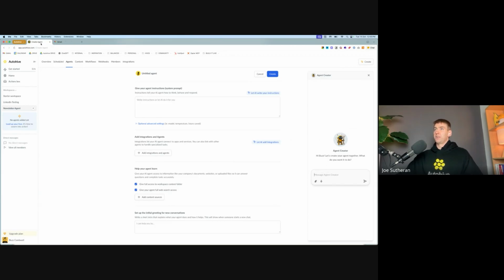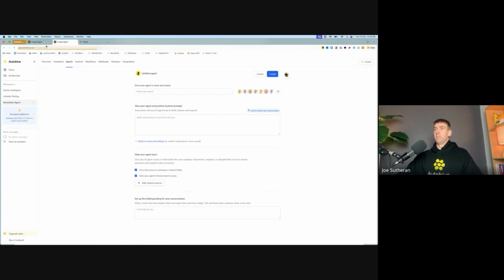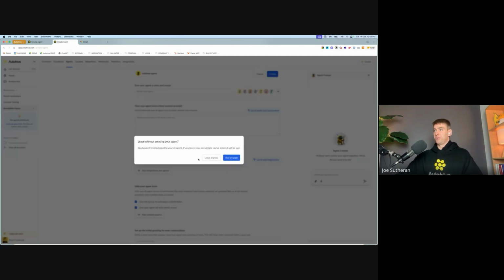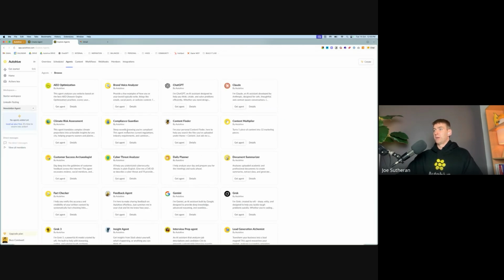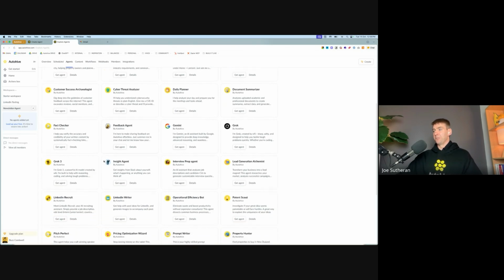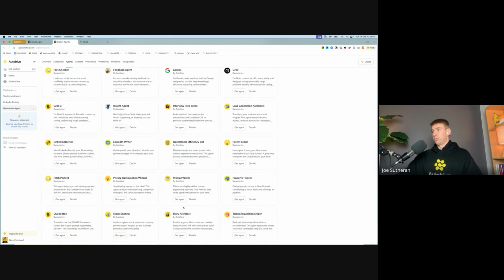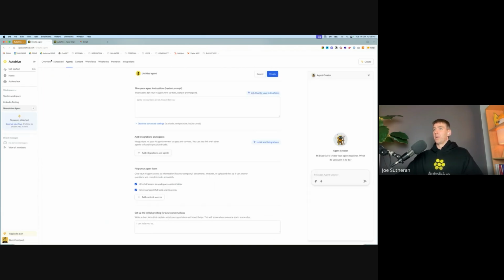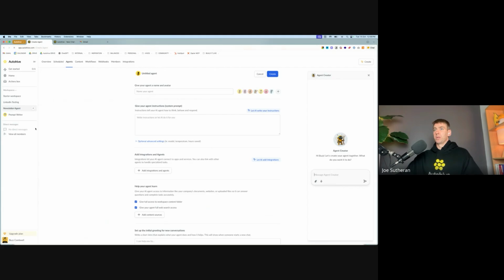So in another tab, I think I'll pull up Prompt Writer as well. Let's do that. I'll just go back to Browse Agents. So I just clicked on the plus there, and then went to Browse Agents. Now I'm on a page full of pre-built agents that you guys can choose from. Prompt Writer is our prompt engineer. So I'm going to get that one. That's inside the workspace now. I might actually need to refresh this to make sure that, yeah, okay, it's there. Cool, so now